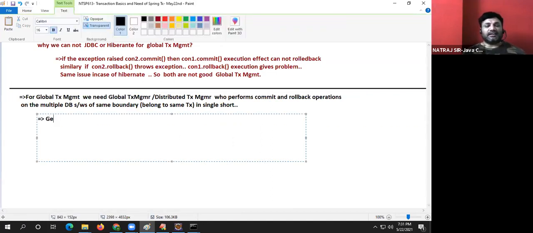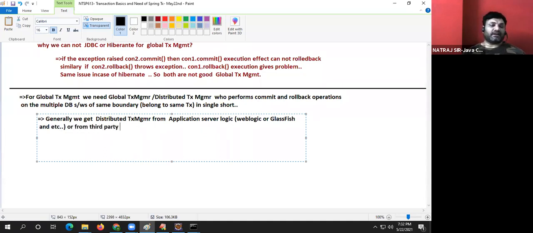So generally we get distributed transaction manager from application servers like WebLogic, Glassfish, and etc. Or from